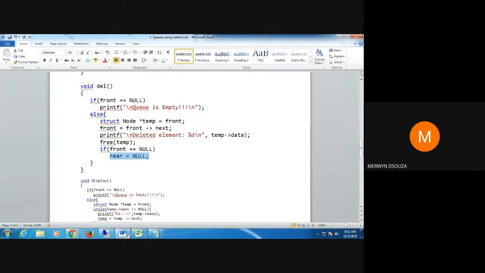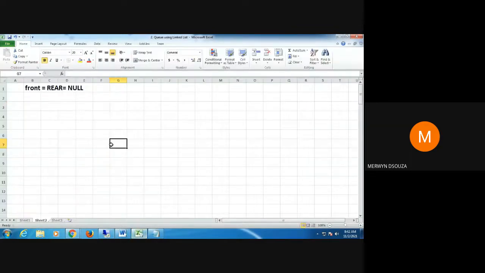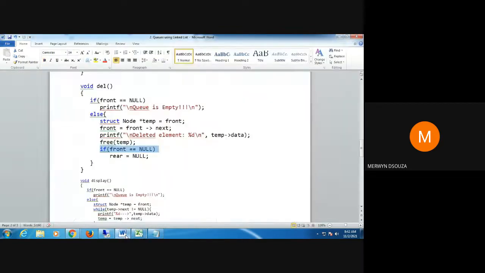Front and rear are null because there are no nodes in the queue. That is why we use the second front equal to null: to check that there are no more nodes left in the queue. If there are no more nodes left, rear should also become null. That is the purpose of this if condition.